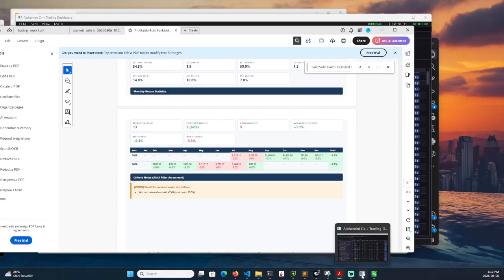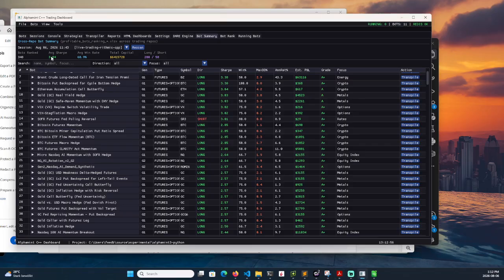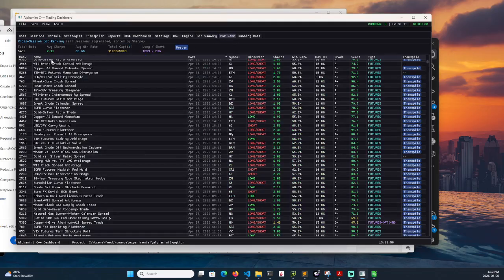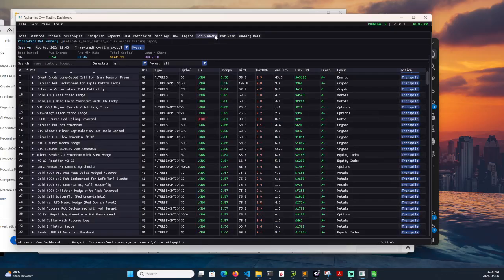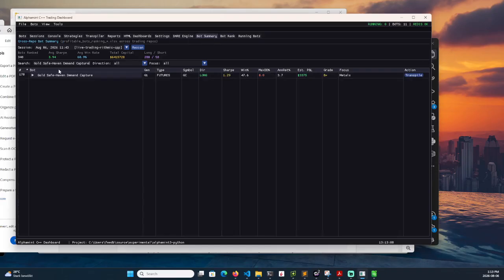So if that was the case, I could come in here and then I believe there is a bot rank search in here. No, bot summary. I know one of these. So let's see if I can find this strategy in here. So here it is. So we have gold, safe haven capture, futures, 1.29, wins 47%, estimated P&L, a B plus, and guess what? So now what I could do is,